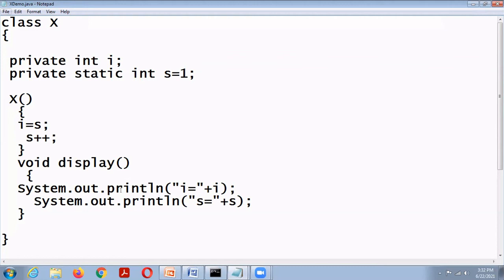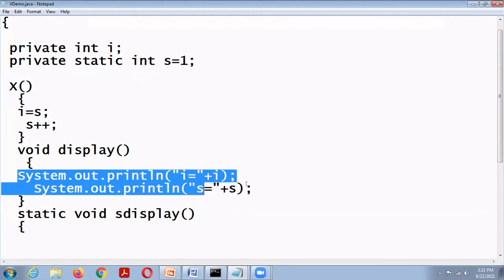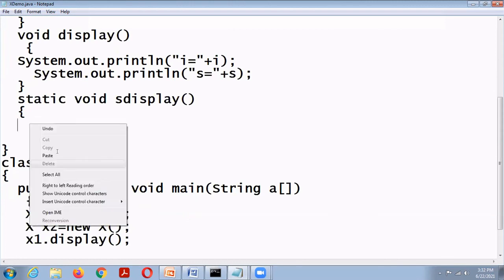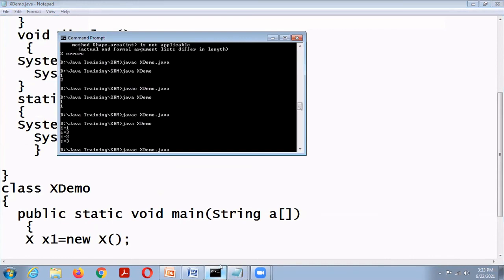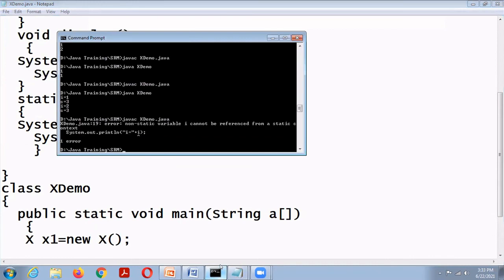Okay. Then static method. Static void display. Okay, here is an error.